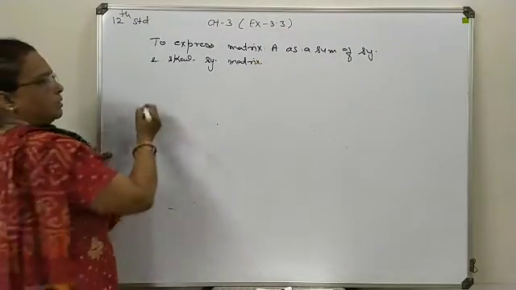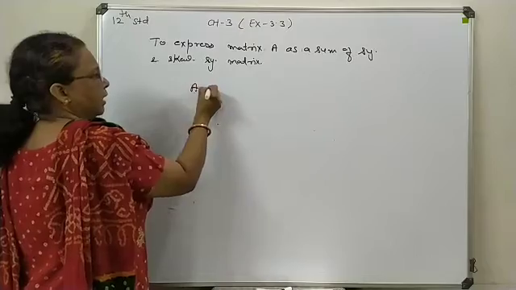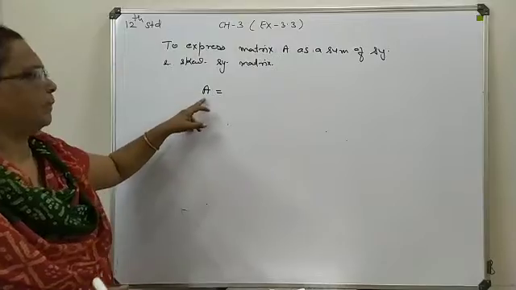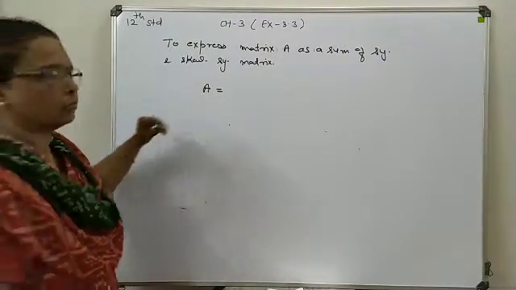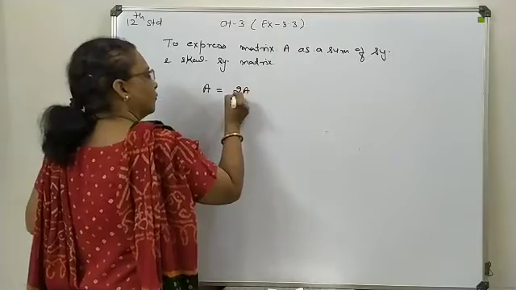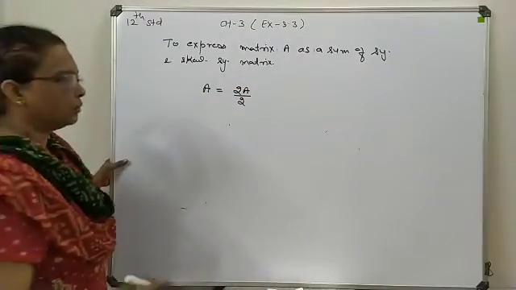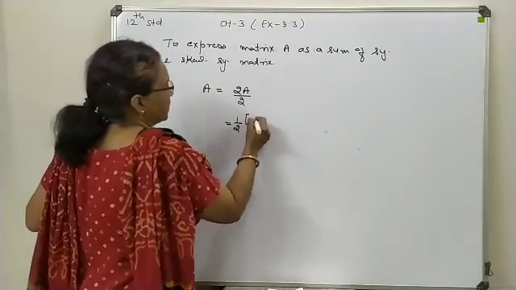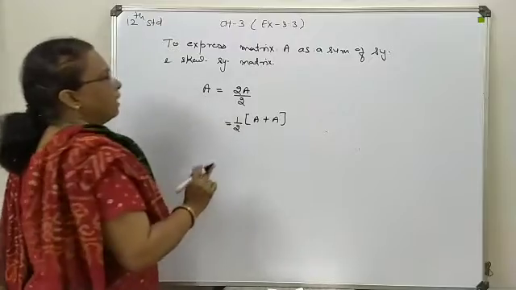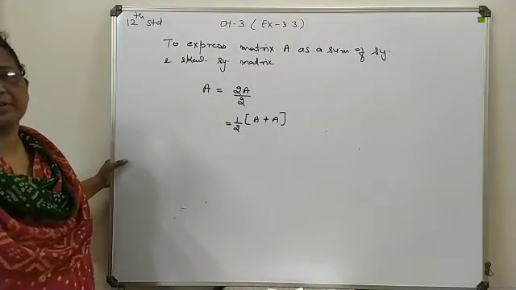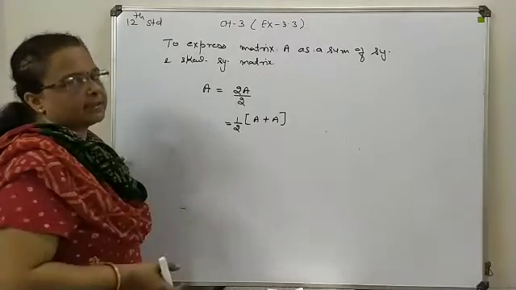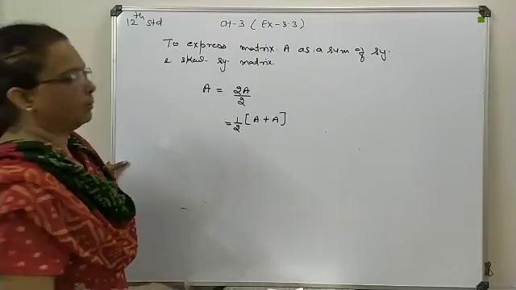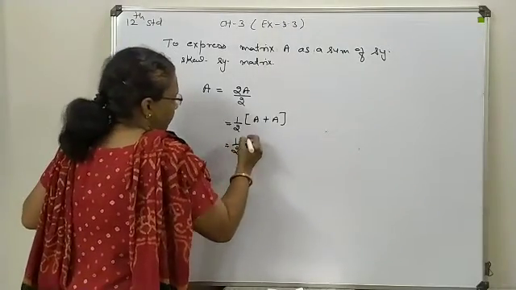Basically A is available to us, so we will start with A itself. Now it is to be converted into a sum, so obviously we require 2A. So first of all, multiply and divide by 2. Now keep this half outside and split this 2A as A plus A. To convert it into symmetric and skew symmetric form, obviously the transpose form is required. So we are going to add and subtract that transpose form to generate the required form.